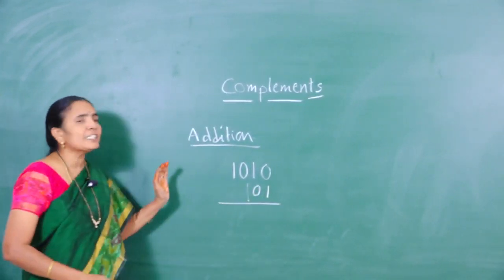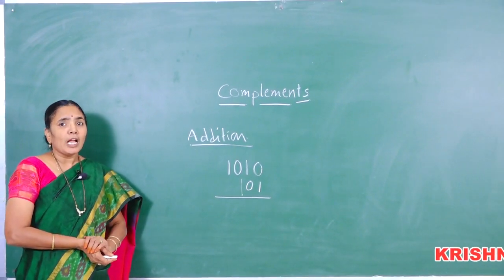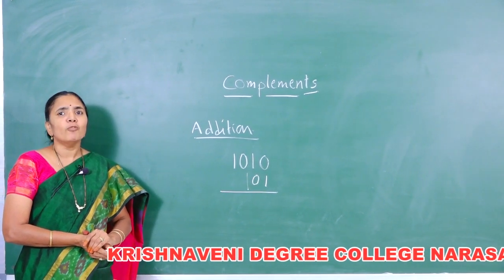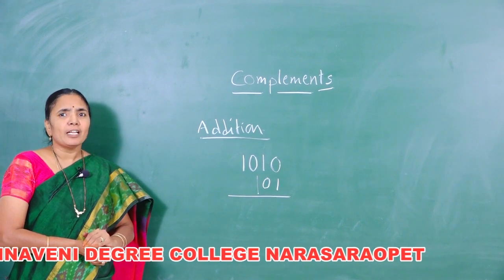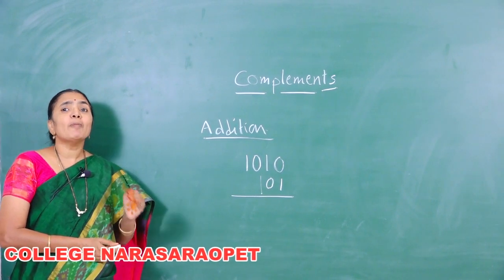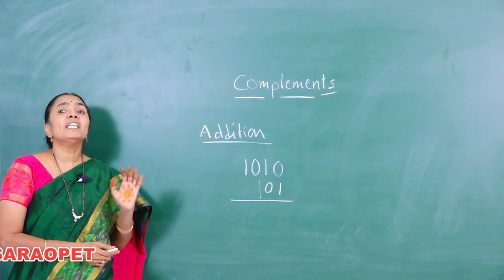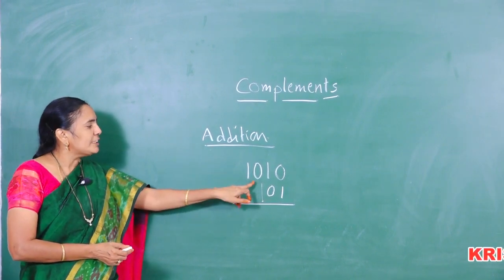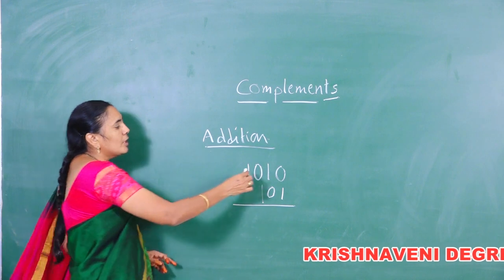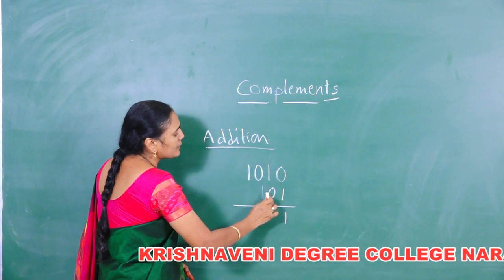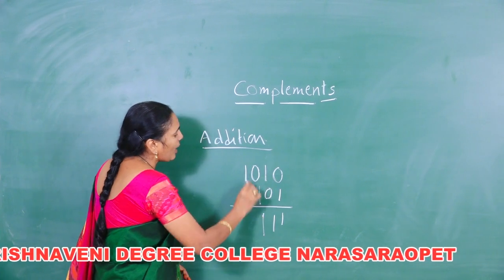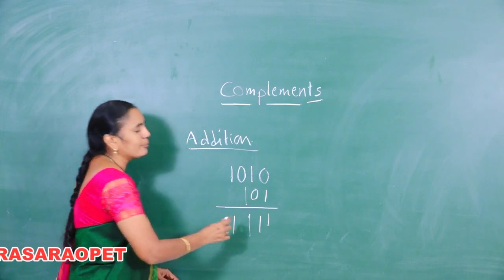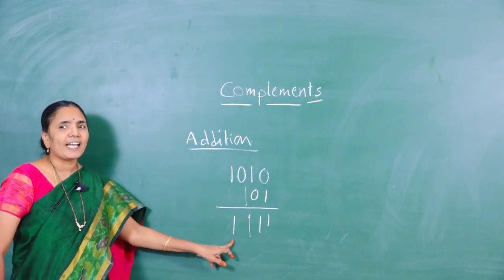Before starting this operation, we have to remember that the number of symbols used in the binary number system are only 2, 0 and 1. So, when we are adding 1 plus 1, the result will be 10 instead of 2 in the decimal number system. Remembering this point, let us add 1010 and 101. 0 plus 1 is 1, 1 plus 0 is 1, 0 plus 1 is 1 and 1 plus 1 added with 0 will be 1. Let us verify whether it is a correct answer or not.